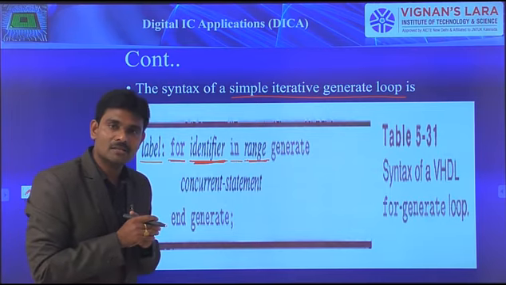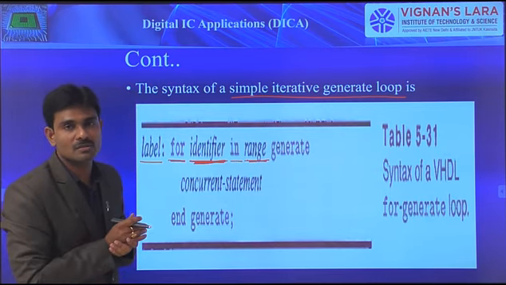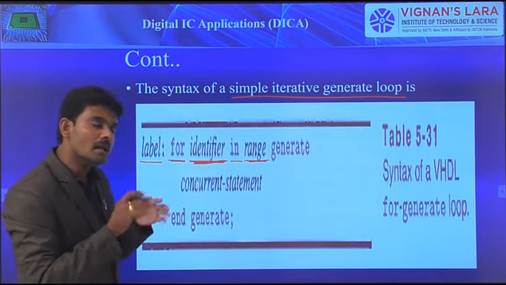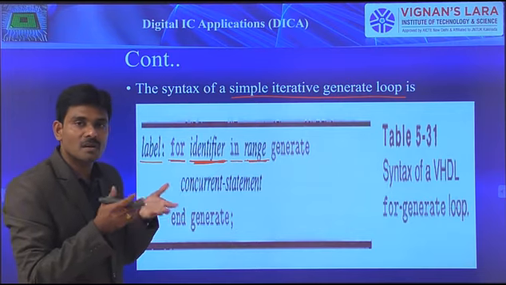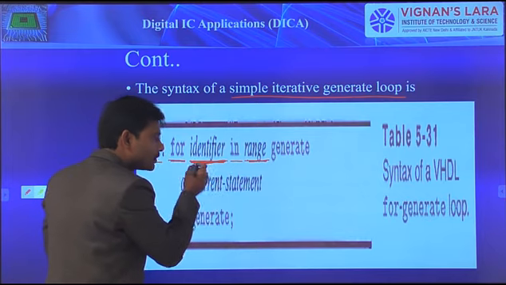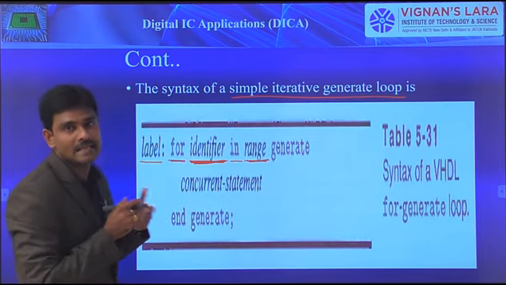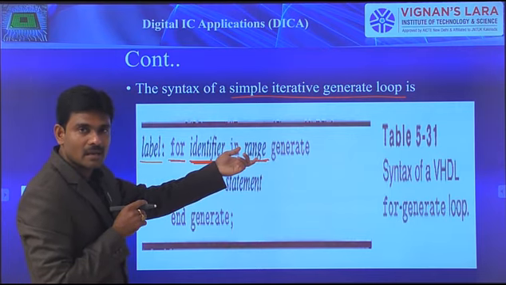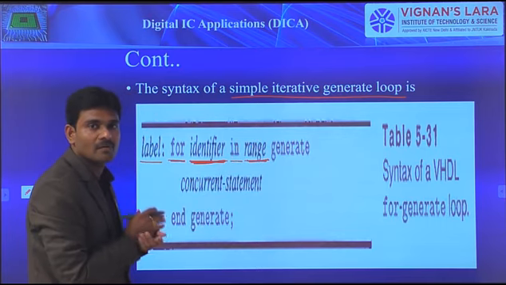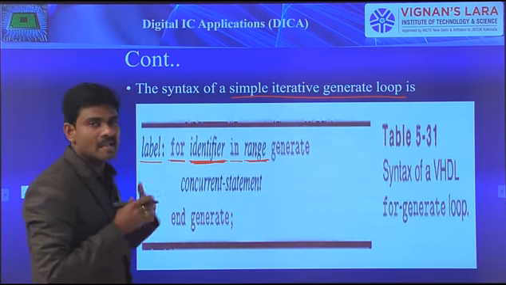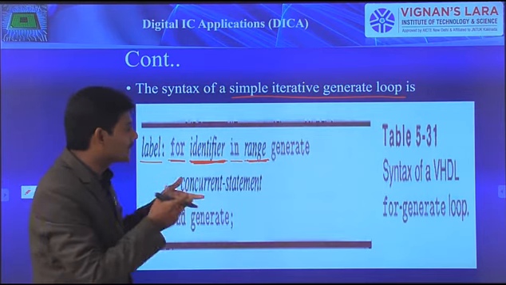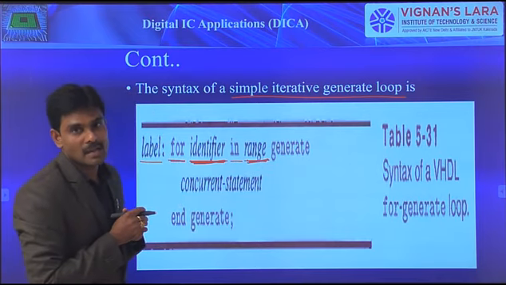Let us say here I mentioned the range as 1 to 8. 1 to 8 belongs to the integer type, so obviously this variable gets implicitly declared with the type integer. So the identifier, which is a variable, was declared based on the range type. Whatever type we mention within that range will be implicitly declared for that variable. Because of that, there is no need to externally specify the type of this variable; it is implicitly declared based on the range given by us.